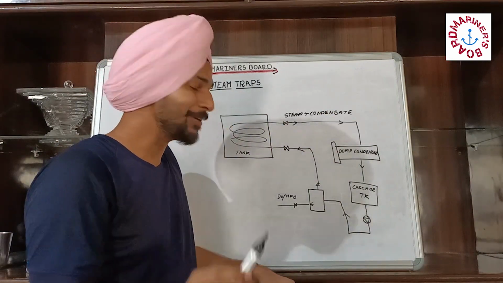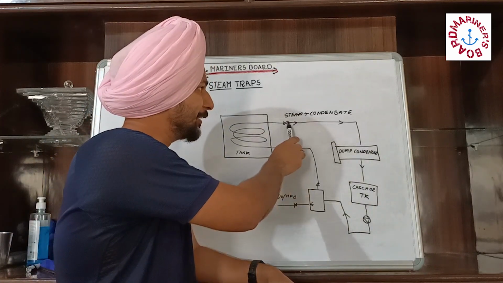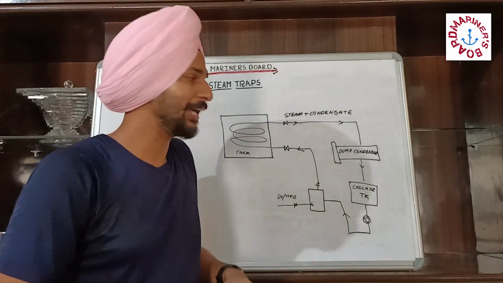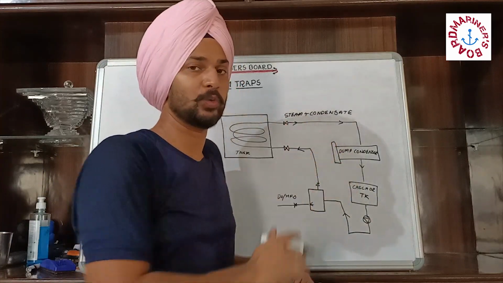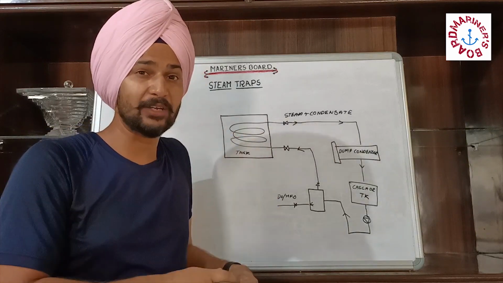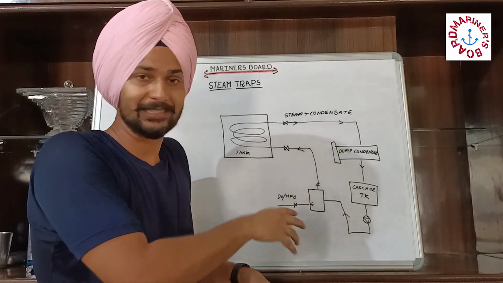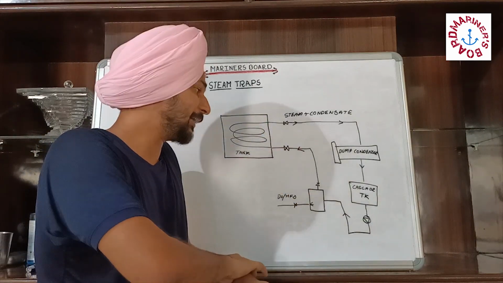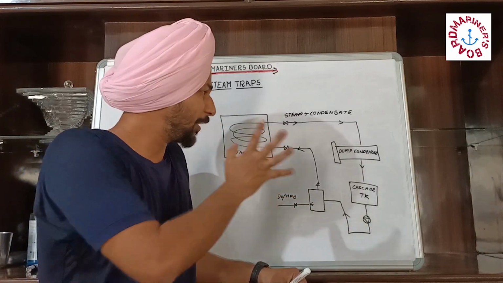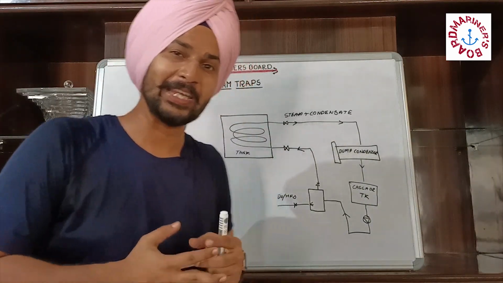So now the steam that is very costly, which we have produced by burning the diesel oil, is going out from the tank and being dumped in the condenser, and it is forcefully being converted into water. So here the system is not very efficient. There is wastage of money as wastage of fuel that is being burned, and we are unnecessarily increasing the running hours of our boiler. So to avoid such a situation, there were certain suggestions that came into practice.